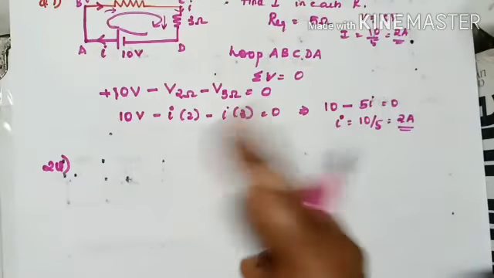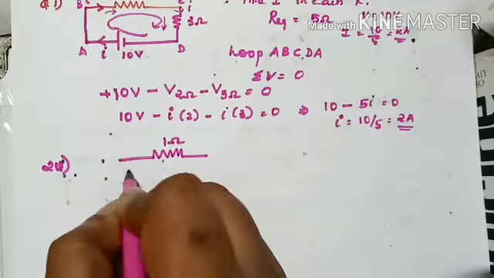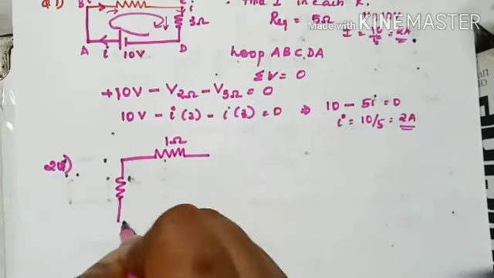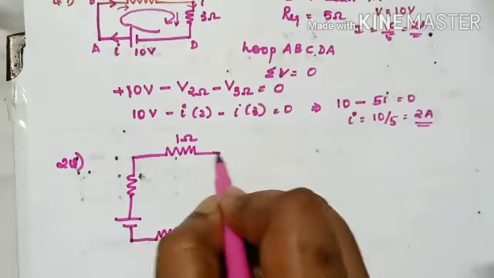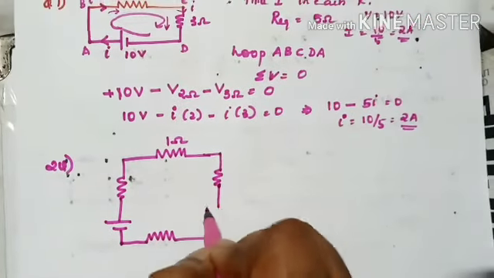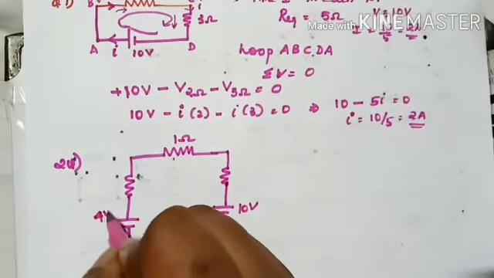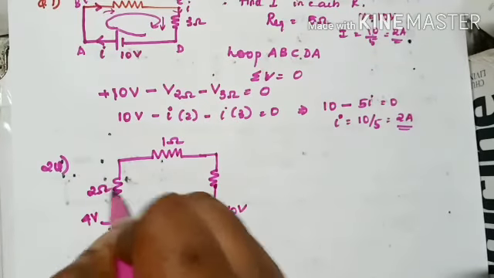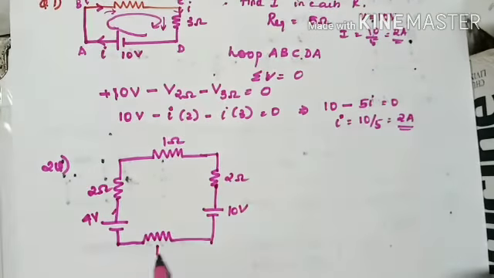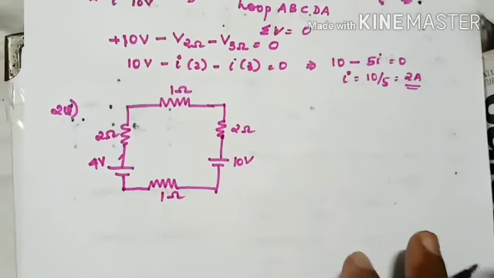We will make a little bit more complicated circuit. Suppose this is my 1 ohm resistor. There is a 2 ohm resistor here. Let's make 2 supplies. There's 1 ohm here, then there is another 2 ohm, and there is a 10 volt supply. This is 10 volt. Let's make the lesser voltage 4 volt. 2 ohm, 2 ohm, 1 ohm. This much clear? Every parameter is complete, right?